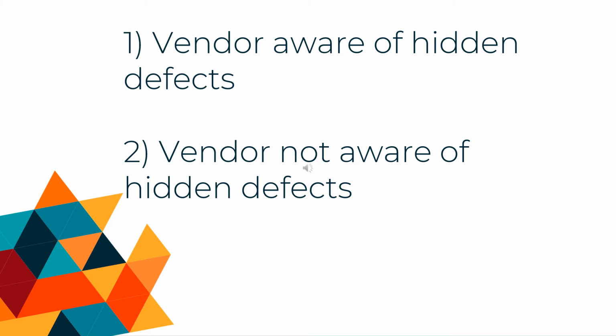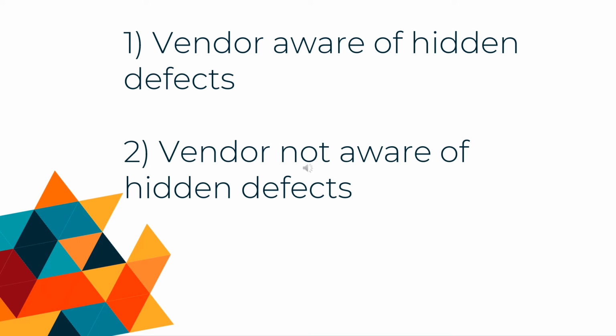Now, for the former, if the vendor was aware of the hidden defects in consequence of which the thing sold was lost, the vendor is liable and responsible for that loss because in the first place, he already acted in bad faith. In such case, the rights given to the vendee are the following. He can reimburse or recover what he paid for the product. Second, the expenses of the contract between the vendee and the vendor, and then of course, the damages. So, the vendee can recover those from the vendor if and only if the vendor is aware of the hidden defects.